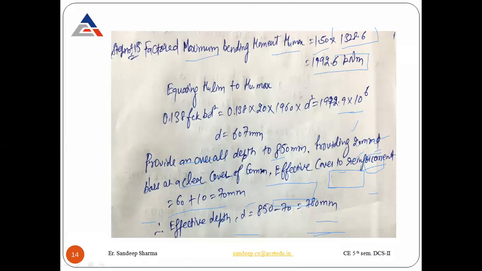And when you equate it with the ultimate moment, you will get the D here. So this is the width which we calculated in the previous step after putting the value of the X, 3.175 meter, in the equation B dash. So this is the width which we are getting up to the X distance. So up to that distance where we have the maximum bending moment, this is the width, and this is the effective depth that you will get after equating the limiting moment to the ultimate moment. Is that clear?